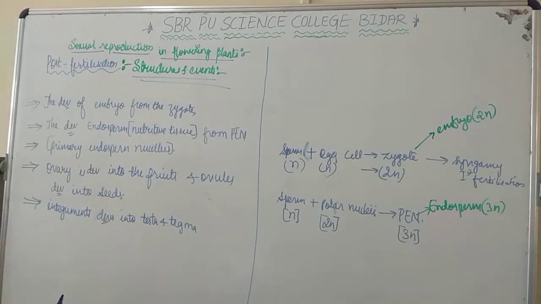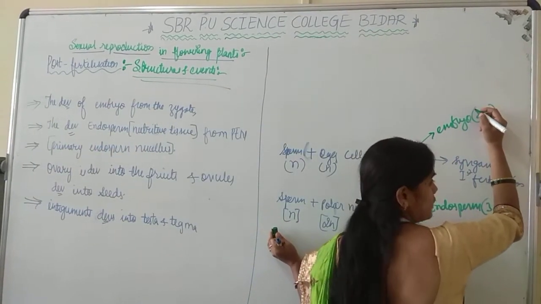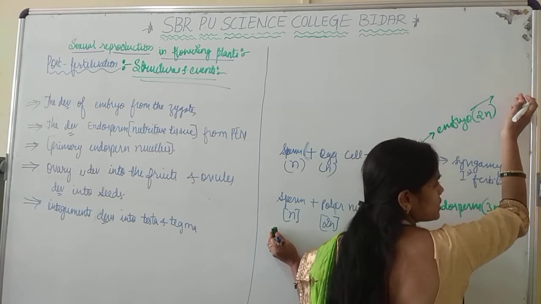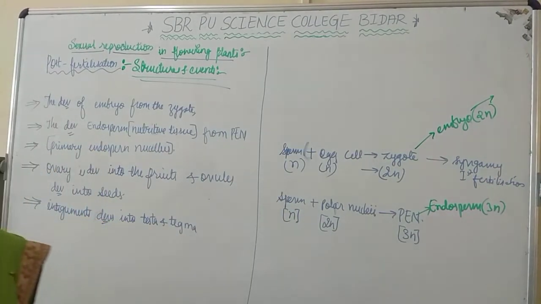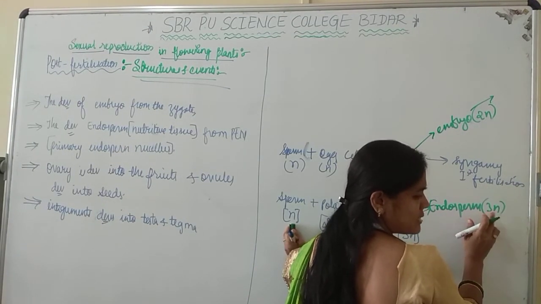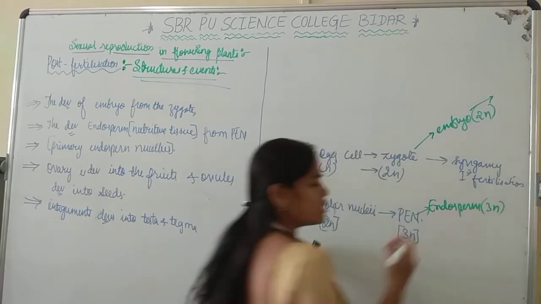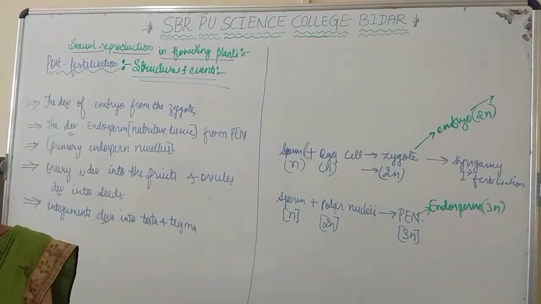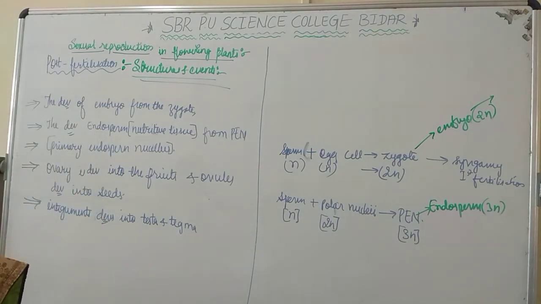Got my point? So here, what is a further feature? What is going to happen with the embryo? The embryo will undergo mitotic cell division and increase in number to form the new offspring. What about the endosperm? It will also undergo mitotic cell division, which means it maintains the triploid condition. And then it serves as a nutritive tissue, providing nourishment to the developing zygote.